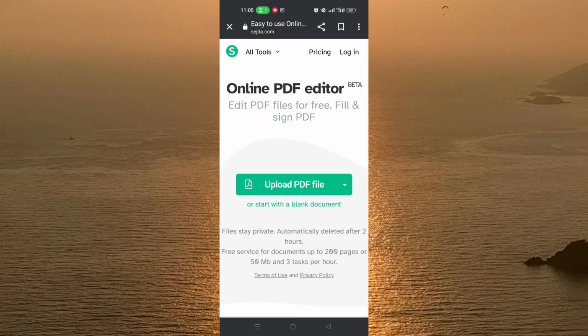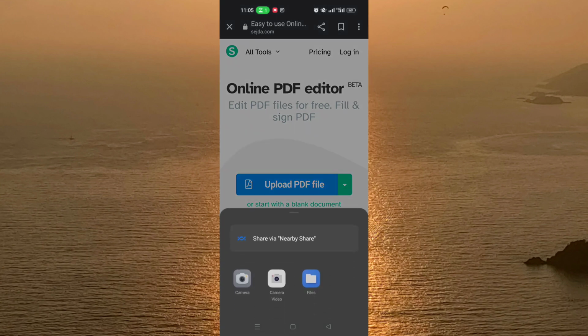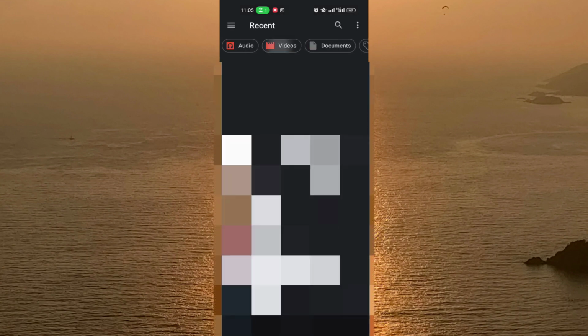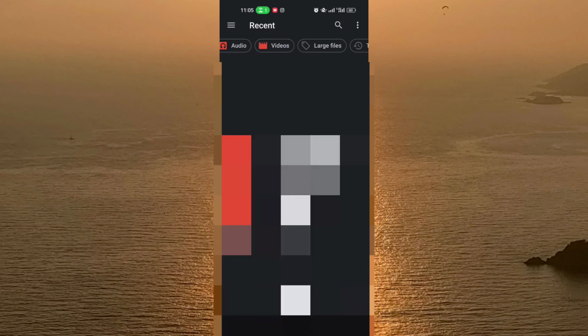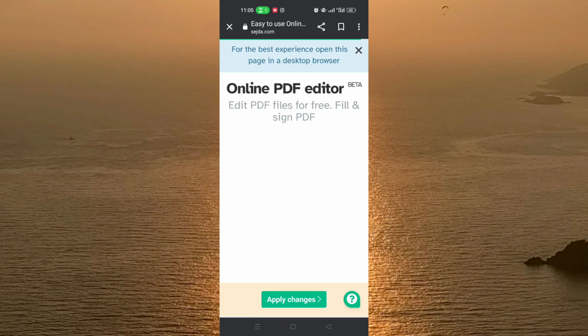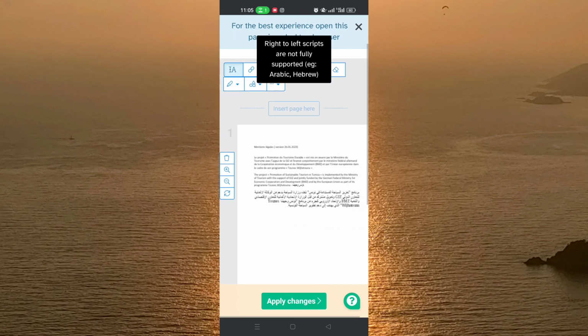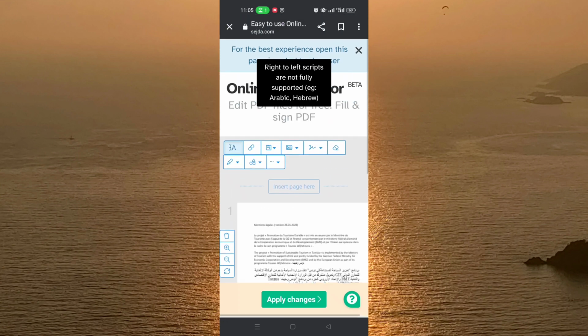After opening the website, click on upload PDF file and choose a file from your phone. I will just look for a file. Documents here, for example, PDF. And as you can see here, you can see the document that you uploaded, and you can edit this file